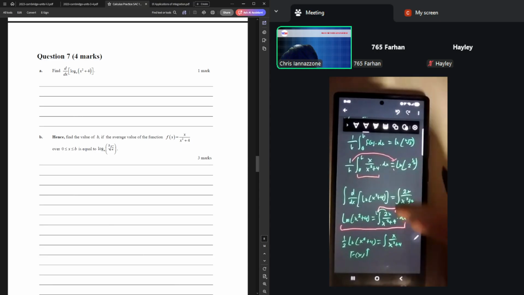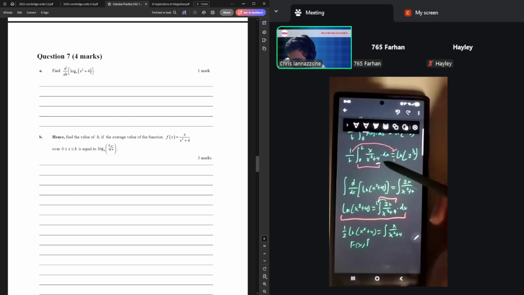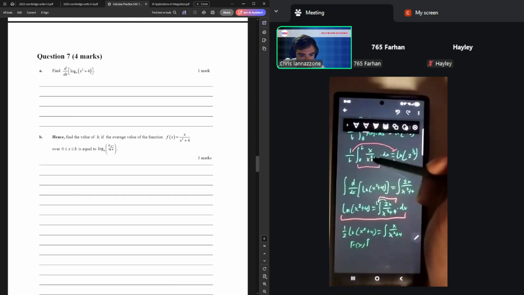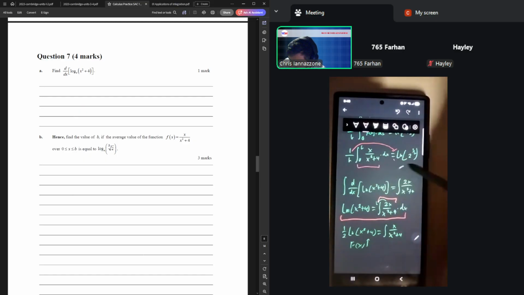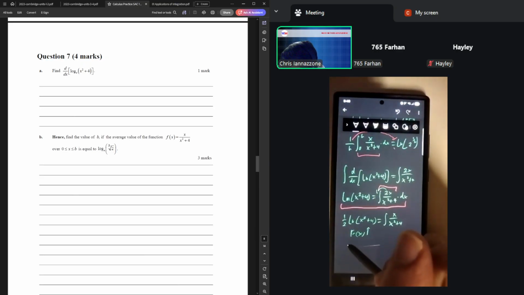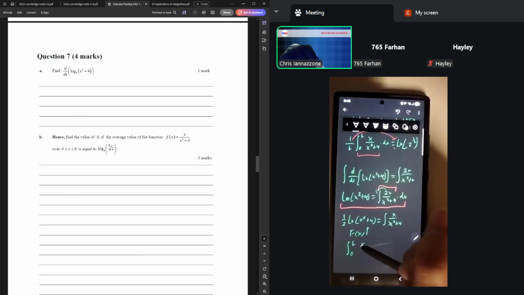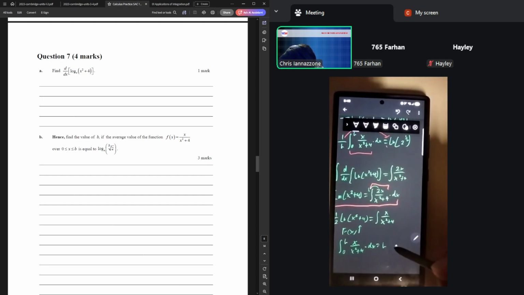When I'm just evaluating the definite integral, you can evaluate it directly and chuck it back in here, but you might forget there's a 1 over b there. So a nice little halfway step would be to also get that integral on its own. The integral from 0 to b of x over x squared plus 4 is equal to, so that's just going to be b times the natural log of 2 to the 1 over b,